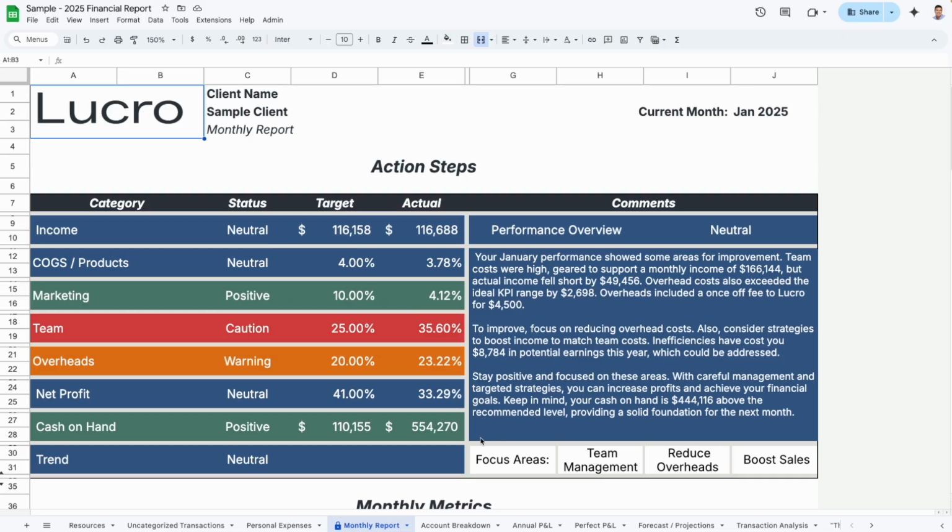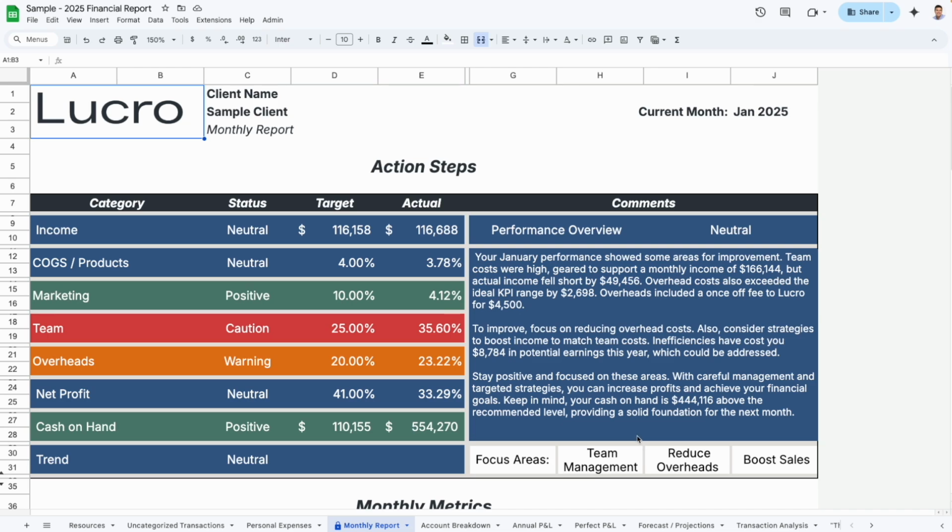As you'll see, there's a slight change to the format here. We've added cost of goods sold as one of our KPI metrics that wasn't in 2024. We've also removed individual comments, and we've decided that it's going to be a lot better for us to have one overarching comment around the entire performance of the business, where we can talk more broadly as opposed to only